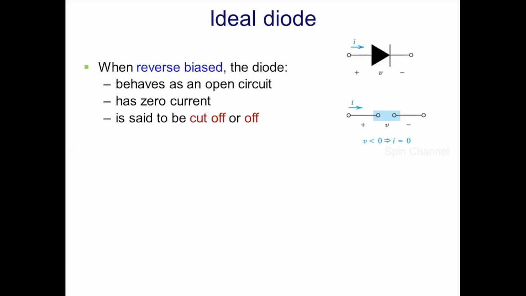You recollect our discussion in the previous session. What happens when negative voltage is applied to the diode? The diode will be reverse biased. Once the diode is reverse biased, the depletion region widens and no current flows through the diode. So to summarize, the diode behaves as an open circuit and no current flows through the diode. A diode operated in this mode is said to be in cutoff or off condition.